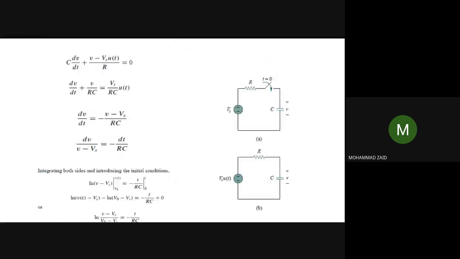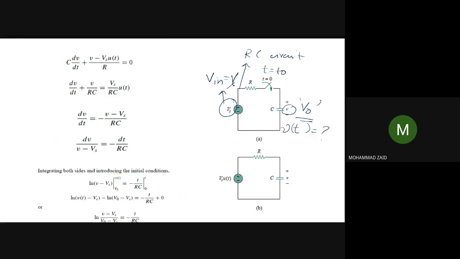Now with this background, we can calculate what will be the forced response for an RC circuit. So this is an RC circuit. This is the input voltage. We can call it Vin, which is equal to Vs, that is the source voltage. And we can also take a capacitor, which is having an initial voltage of V0, and V is the variable V, or Vt, which we need to find. Now, as you can see, we are closing the switch at t is equal to 0. We can also close the switch at t is equal to t naught.